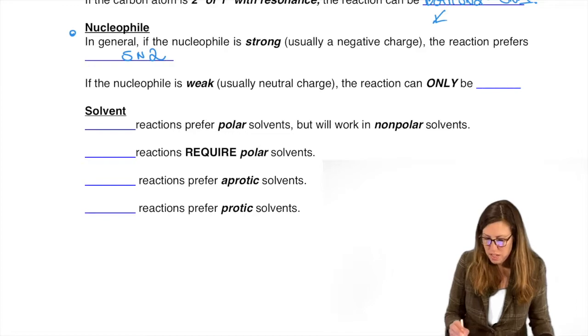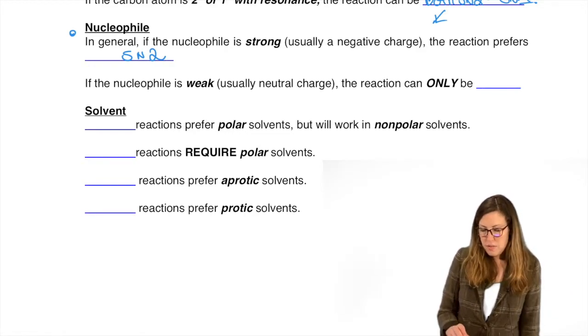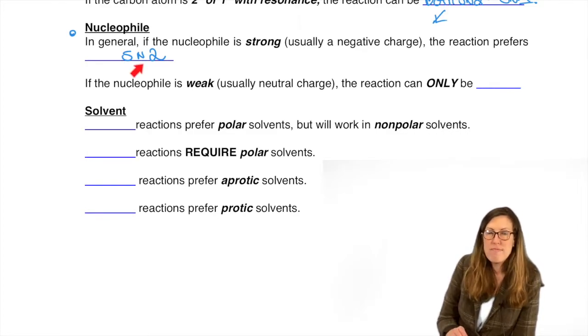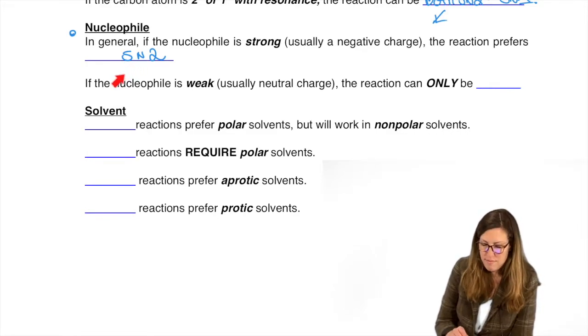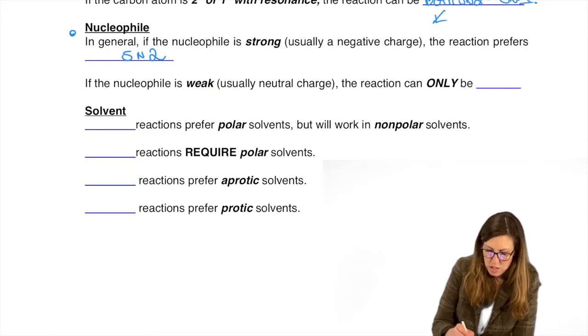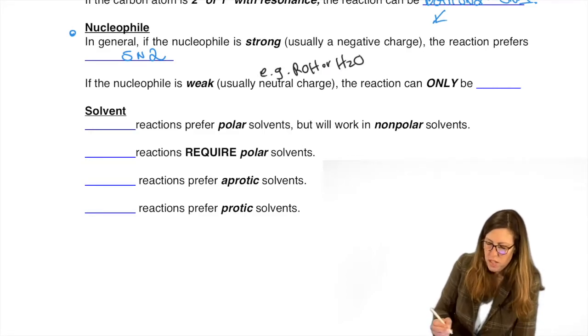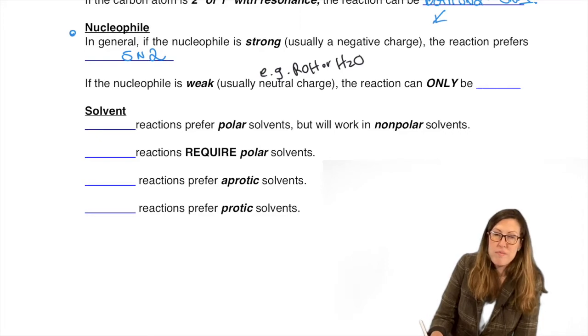So that's why we're talking about these scenarios where it could be SN1 or SN2. If you're trying to decide, look at the nucleophile. If it's strong, you're doing SN2. If it's weak, often that means a neutral charge, like alcohol or water. That's the most popular: ROH or H2O. It's not going to do SN2. It's too slow. I'm guessing SN1. So the nucleophile is a good tell also.